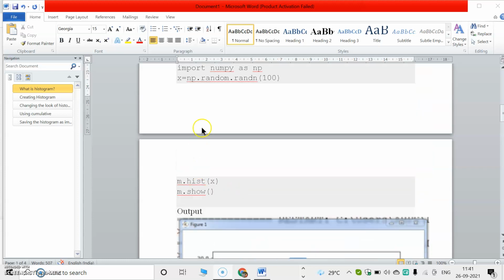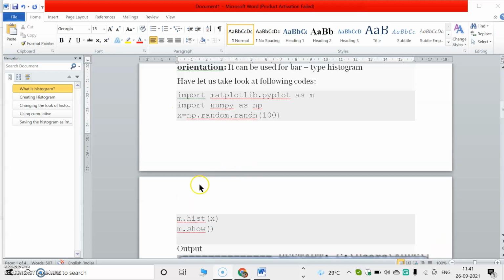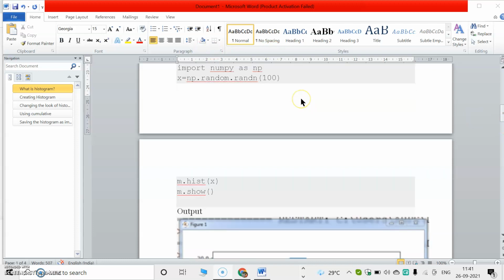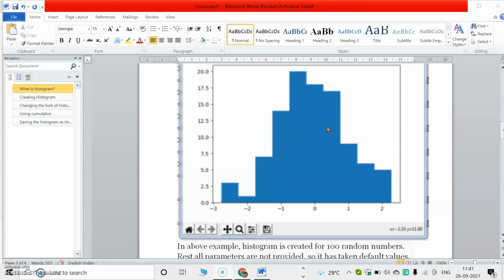Then m.hist of x, where x is the random numbers generated by NumPy. m is the pyplot object; usually we denote it by plt. Then m.show is used to show the histogram.